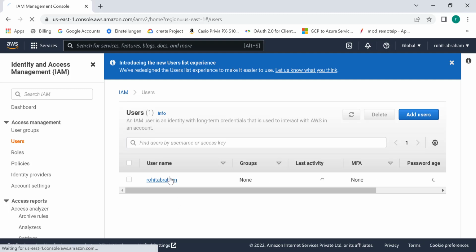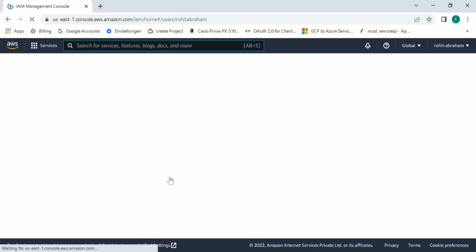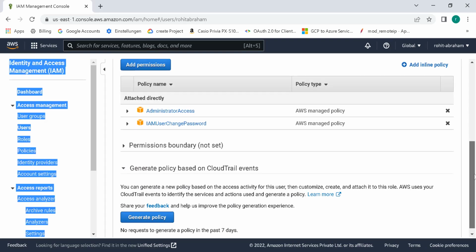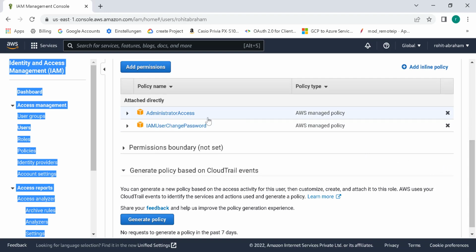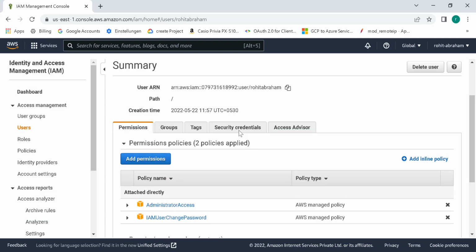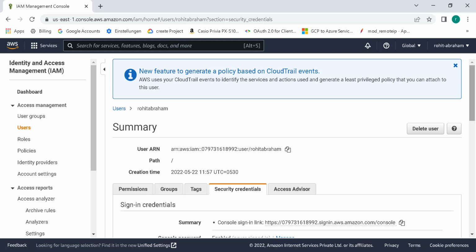If you open this user, I have given this user the following permission. I've given him administrator access. Now, of course, if you don't want to give him administrator access, you just need to give him access to the S3 bucket which you want to transfer. So this is the user, and I've given him this administrator access. The next thing you'll do after that is go to the security credentials